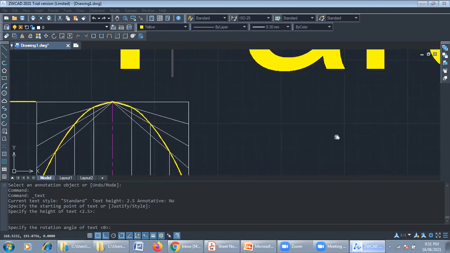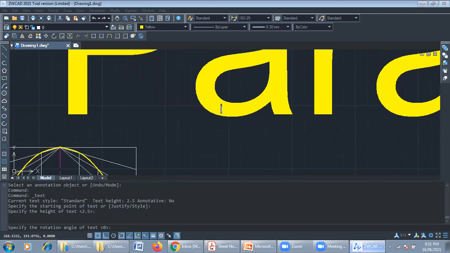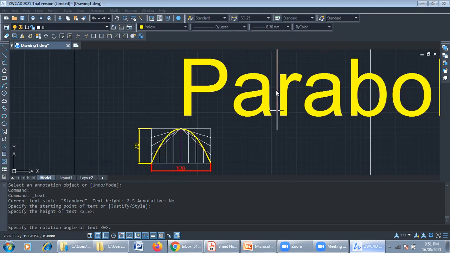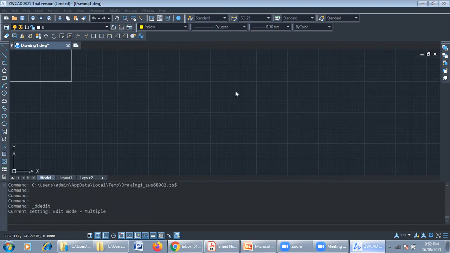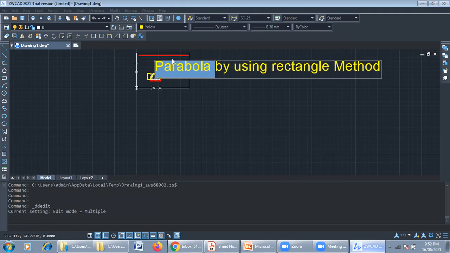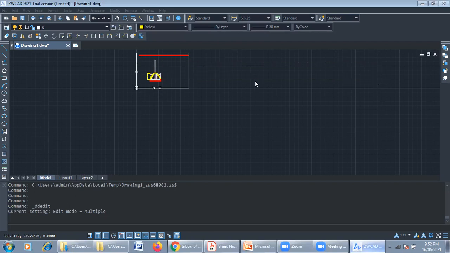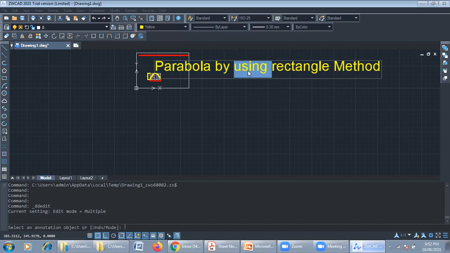By double clicking on this particular font, just edit, and you can change the font size also. You can select the proper window of that particular size, and you can also delete this if it is not looking proper.